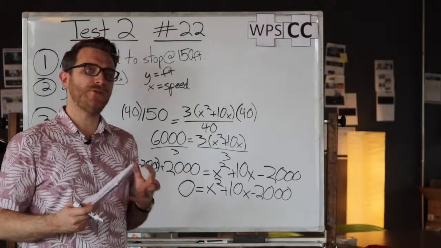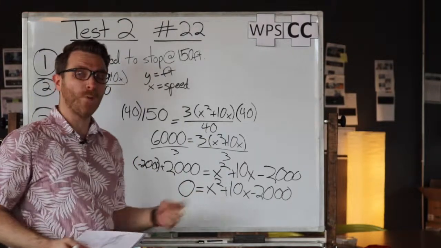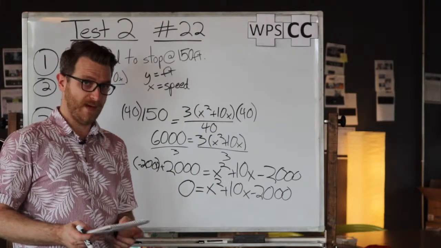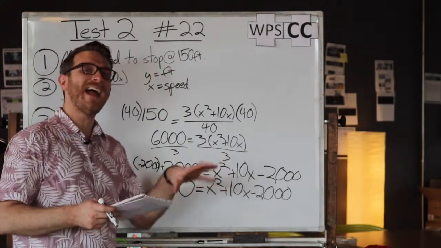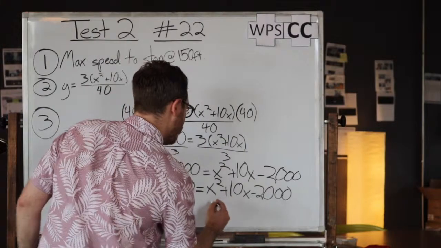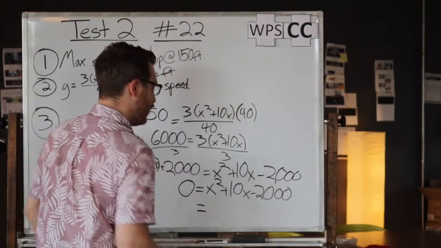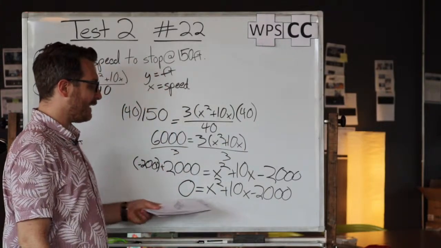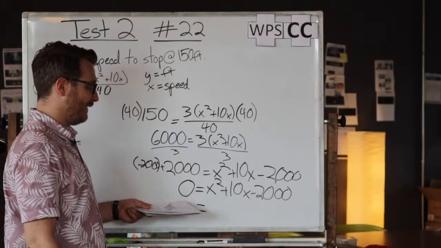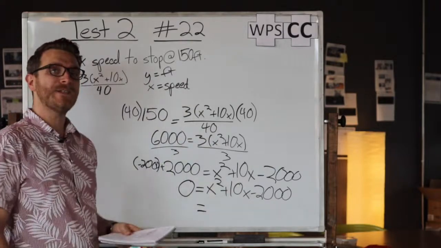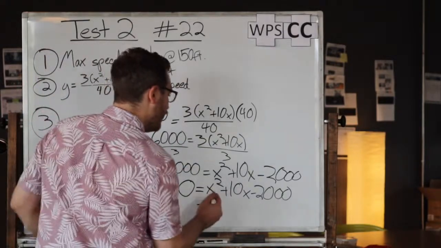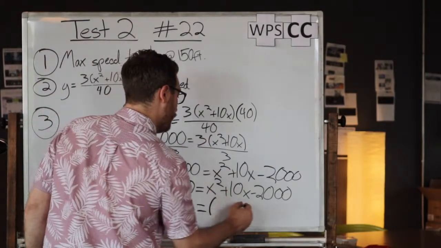Basically what you have to do is you have to backwards FOIL. Okay? Pretty weird, I know. This trinomial, we're going to turn it back into two binomials. So if you think about it, we want to know what is the correct value of x. What value of x is going to give us 0? Remember, x represents the speed. So let's check this out. If we were to turn this trinomial into two binomials,